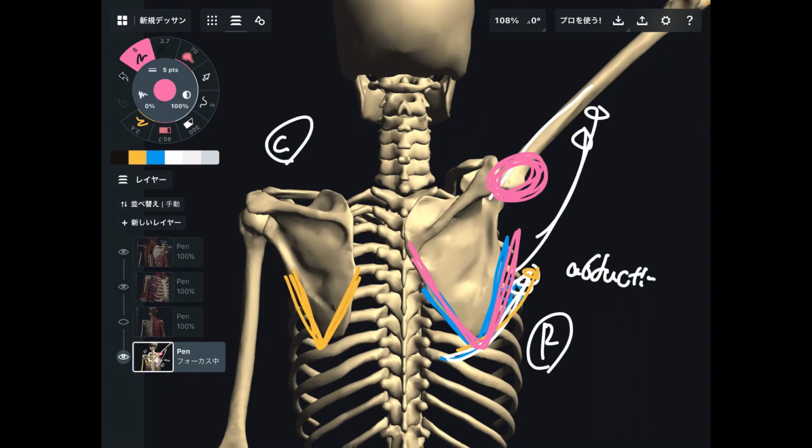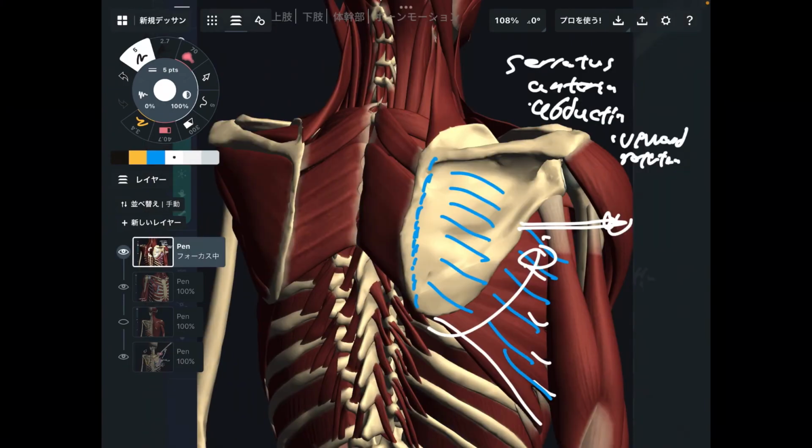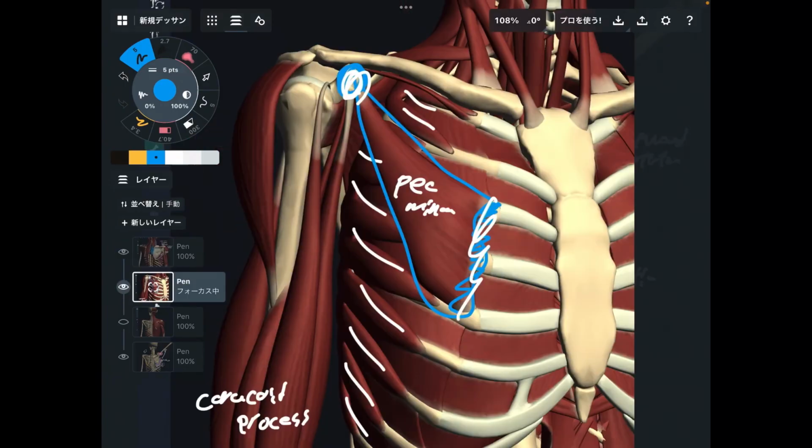Now, I want to focus on two movements of scapula. One, upward rotation. Two, downward rotation. Because these movements are important for shoulder movement. Of course, other movements are also important. I want to focus on upward rotation and downward rotation. What kind of muscles do downward rotation? Levator scapula, rhomboid, and oh by the way, pec minor does downward rotation. Sorry, I didn't explain function of pec minor. Pec minor does downward rotation.